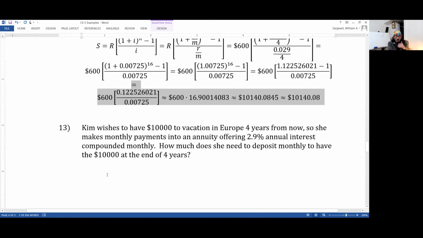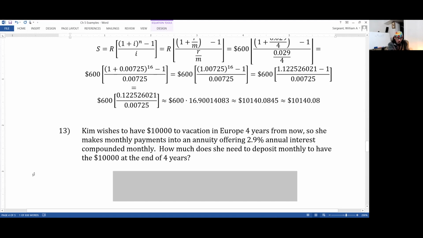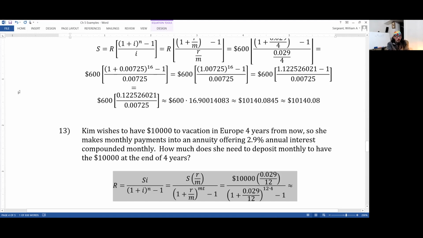This is a reverse of what we saw in number 12. R was how much was deposited monthly, and S was our total at the end. We want the 10,000 at the end. So we're going to have to figure out what R is. And so